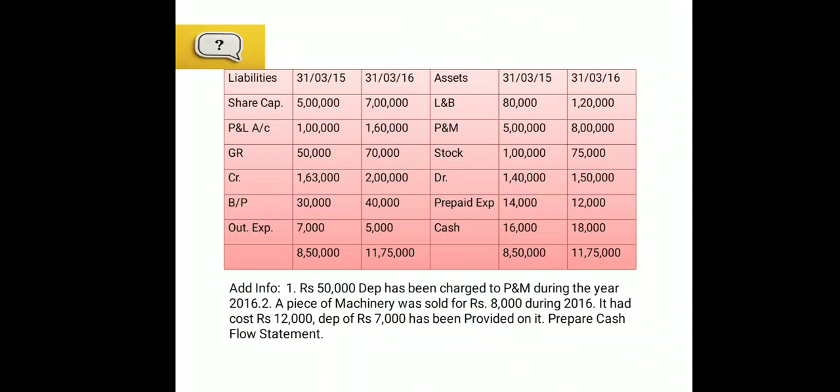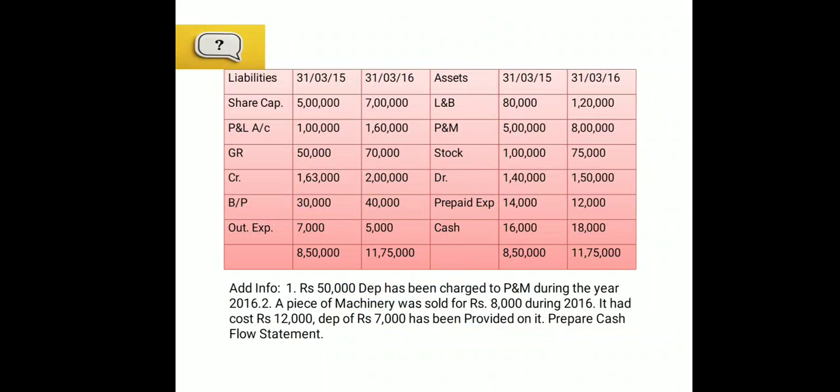Clear? Then next we have bills payable, and bills payable is also increasing, so again we need to add increase in bills payable. Fine. Then next we have another current liability, outstanding expenses, which is decreasing. So if increase in current liability we were adding, then definitely decrease in current liability we are going to deduct, that is decrease in outstanding expenses. So this is all about your liability side. Clear? Now coming to your asset side.